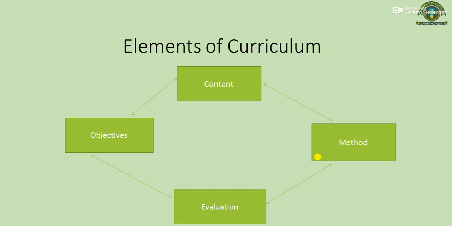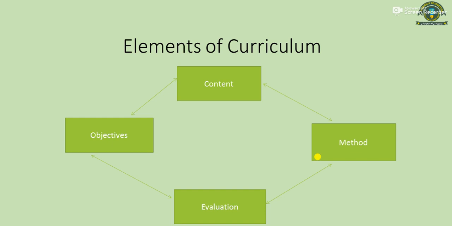Here is a two-way arrow, which means that after formulating objectives you can go for selecting the content. But after the content selection, you will have to see whether this content is corresponding to the objectives or not. Likewise, after content selection, you will proceed to the selection of method. But again here, you will have to see whether the method is fulfilling the requirements of the content or objectives or not. The last step you will take is evaluation,